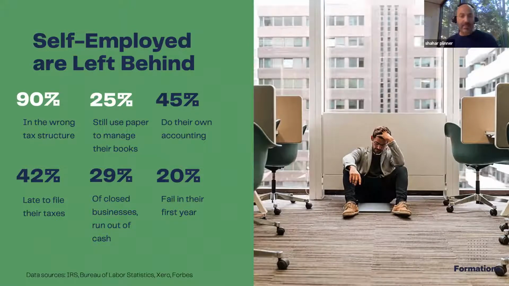And this is a discussion today to make a change, to make a movement, to start taking care of your own financials. Taking care of your own financials means that you keep more money in your pocket. This is the main discussion for Formations, how we can keep more money in your pocket. And Xero is probably the number one thing that will allow you to save money, because they have such cool features for managing your books hands-on. So Tam, get us a little bit more into Xero and what Xero is doing. And who is Xero, by the way, for our audience?